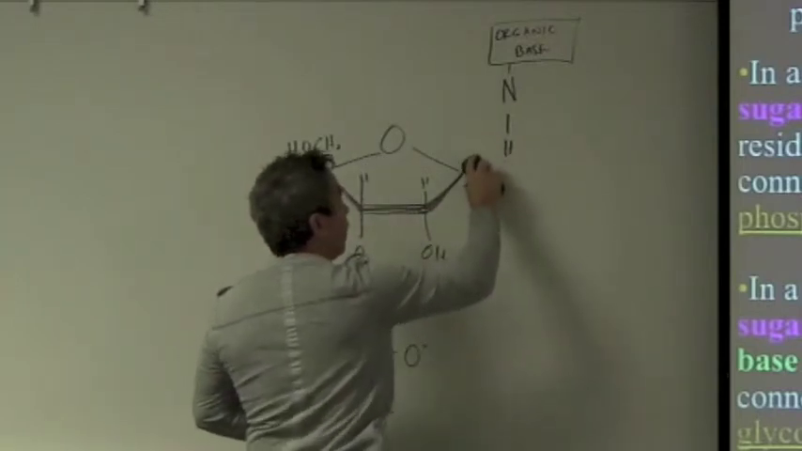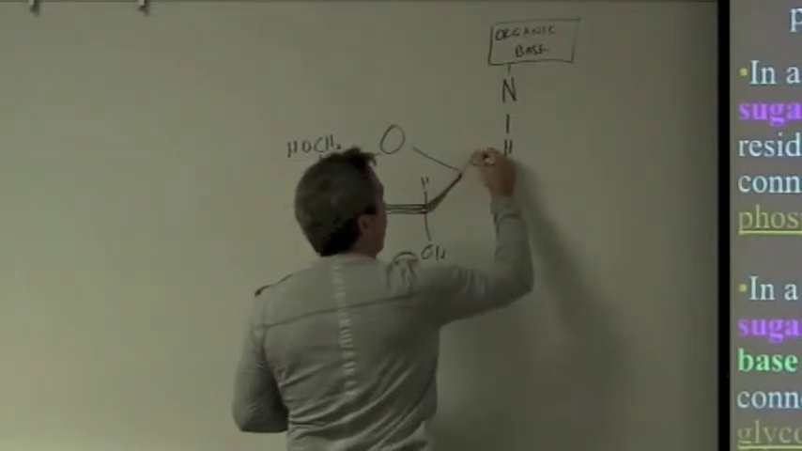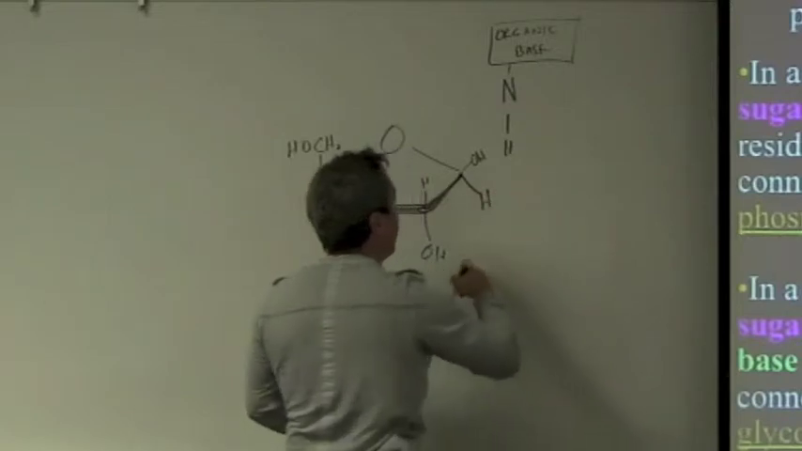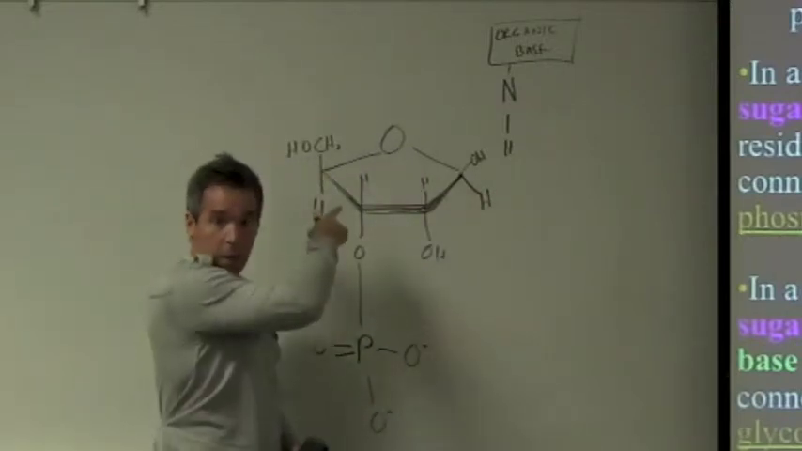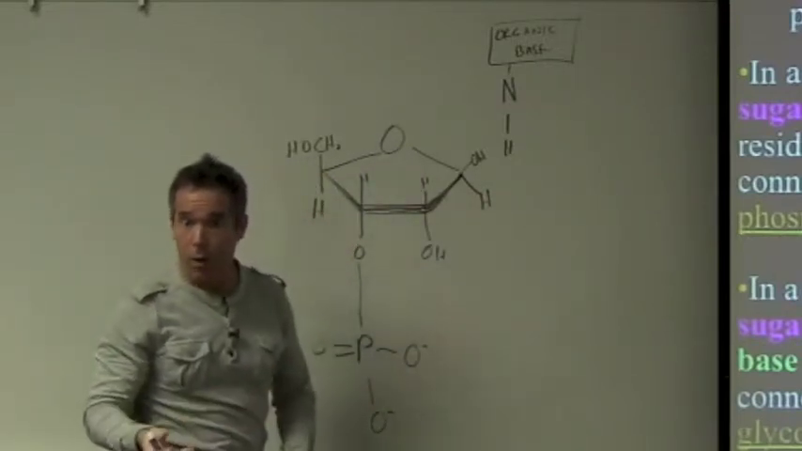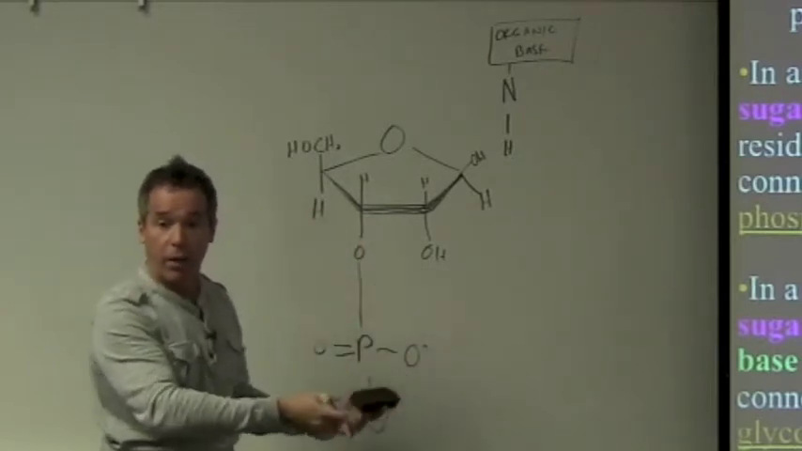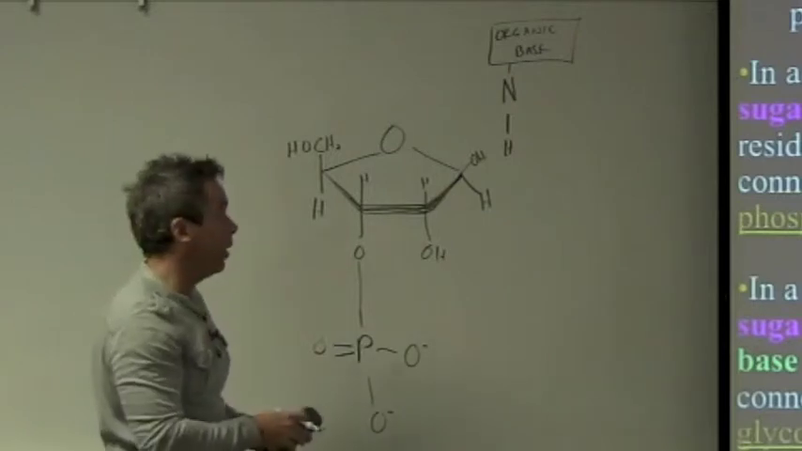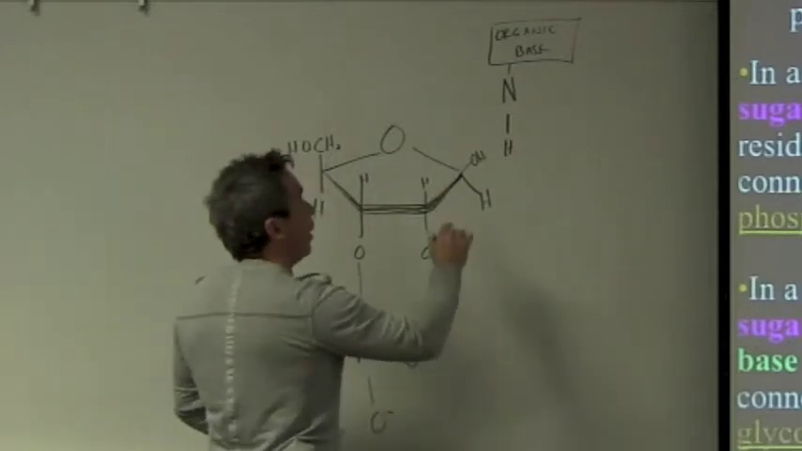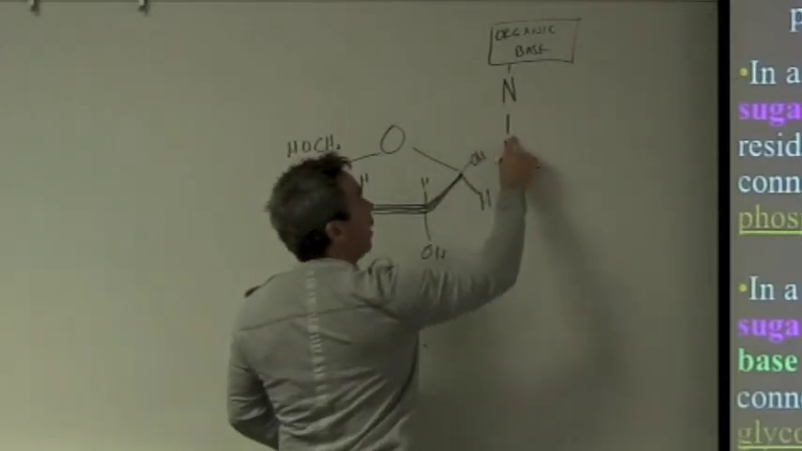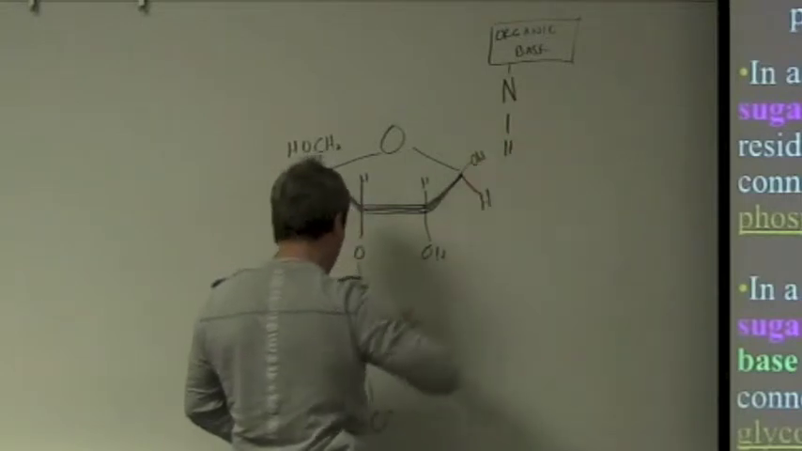And I have the beta form of the sugar. That's what happens in nature. It reacts with the beta form. Why is it beta? It's because enzymes catalyze the production and formation of these bonds, and it does so with the beta. What I do is I take one of the hydrogens off the organic base and that OH